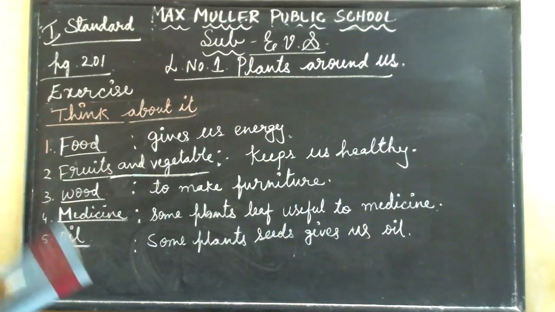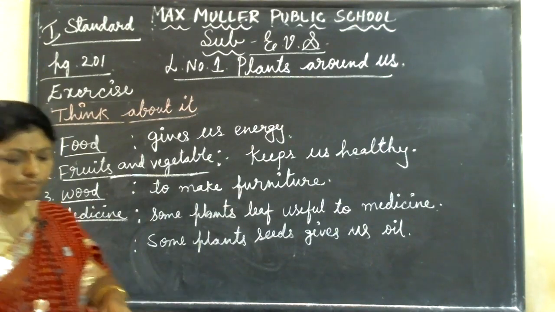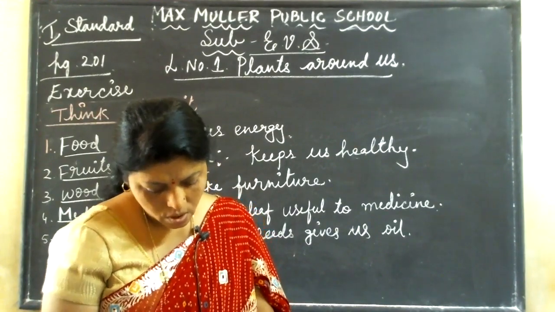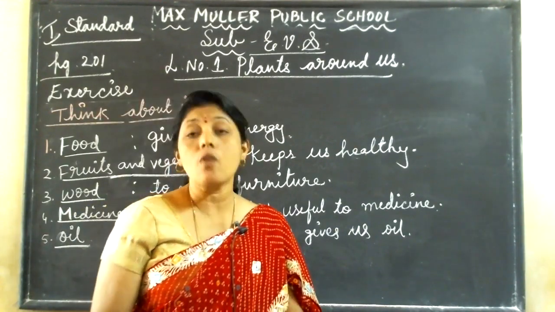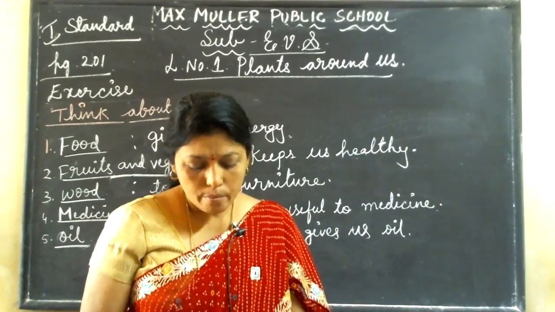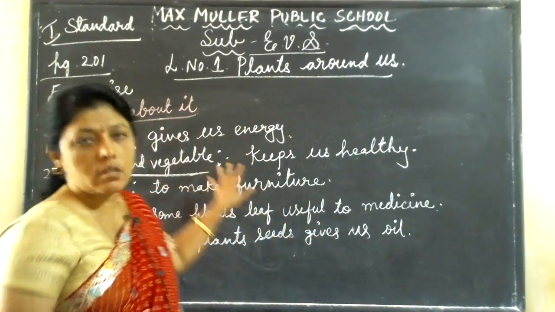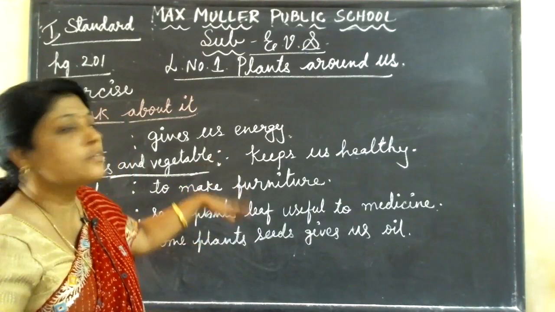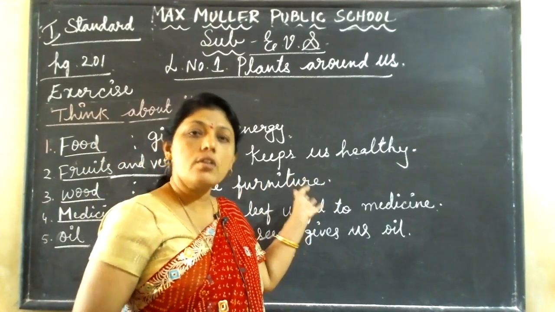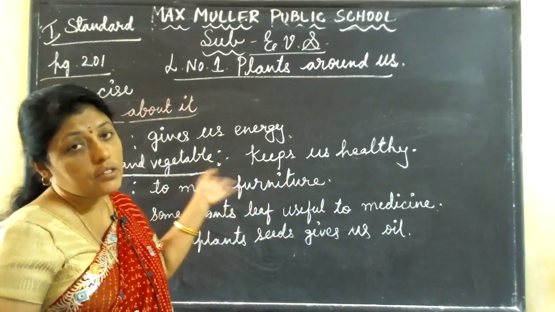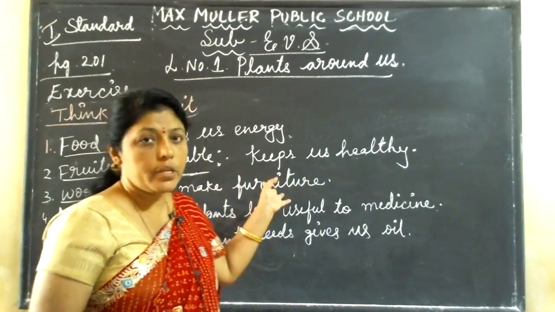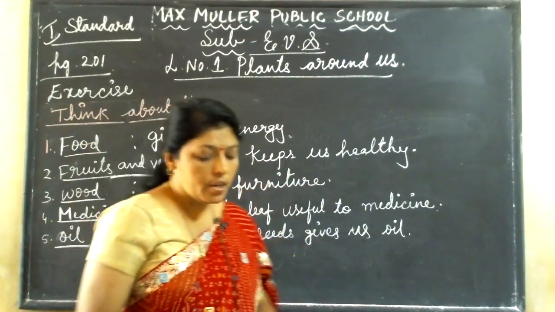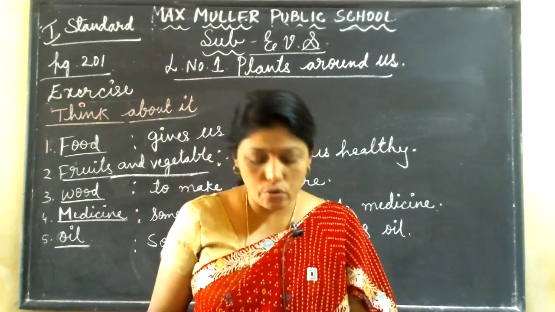So this is about plants around us, and in the next lesson, the second lesson, is animals around us. We will see it in the next class. Before that, you should go through the textbook on plants around us once. Read the textbook, understand, and learn all the spellings and difficult words I have given now. You should also learn the fill in the blanks and question answers. They will come from the PDF. You should prepare it and be ready. If you are given a test also, you should be ready to write.